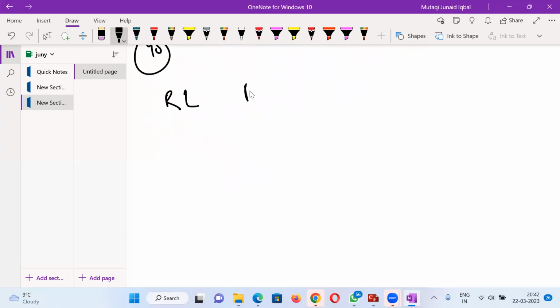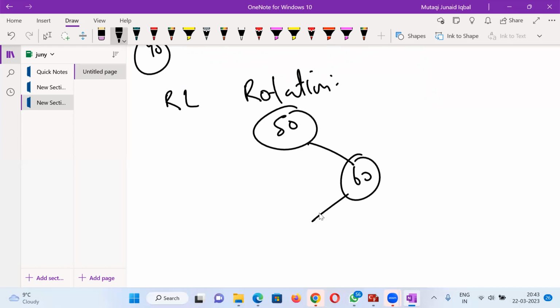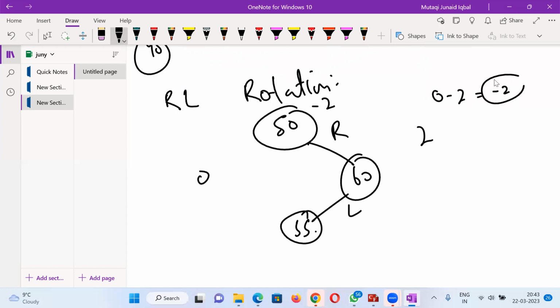ठीक है, इसी तरीके से मेरे पास है आर एल रोटेशन। आर एल रोटेशन में क्या करेंगे कि हमारे पास 50 है और 60 गया इधर, और इधर से कौन जाएगा? 55। 60 का छोटा, दोनों इससे बड़े हैं, तो ये राइट में गया और ये लेफ्ट में गया। और 50 का जो है, जो ही मैंने 55 भरा, तो इसका बैलेंसिंग फैक्टर चेंज हो गया टू -2, क्योंकि यहाँ से 0 है और यहाँ से 2 चाइल्ड्स हैं। 0 मतलब 2 इज -2।